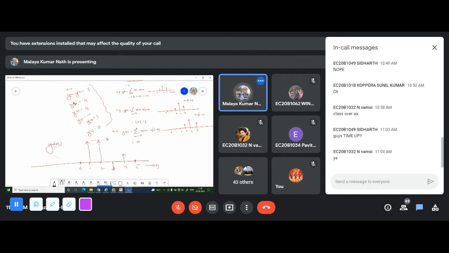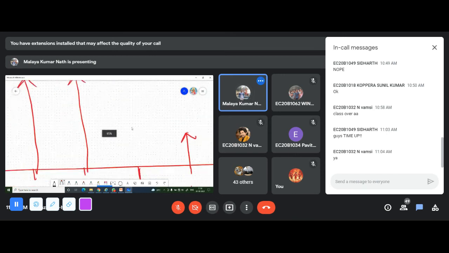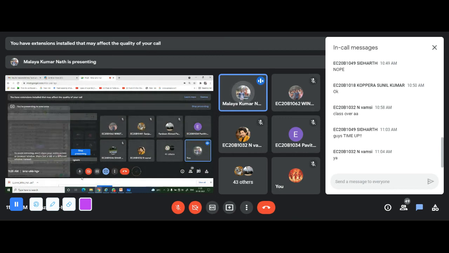Anybody has any doubt, please tell me. I'll discuss this once again. So this is all about your convolution in the discrete domain as well as in the continuous domain. In the continuous domain, we perform integration, and in the discrete domain, we have to perform summation. Any questions from anyone else, or have you understood it? Next class we'll discuss only 1-2 numericals on convolution, as well as some properties.